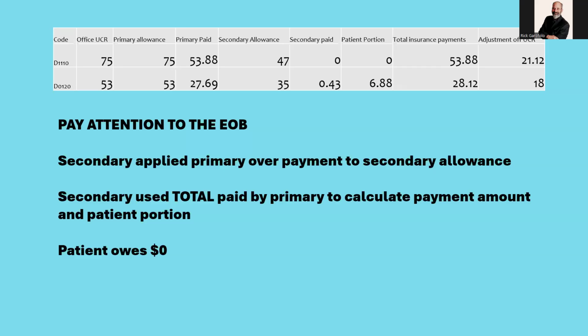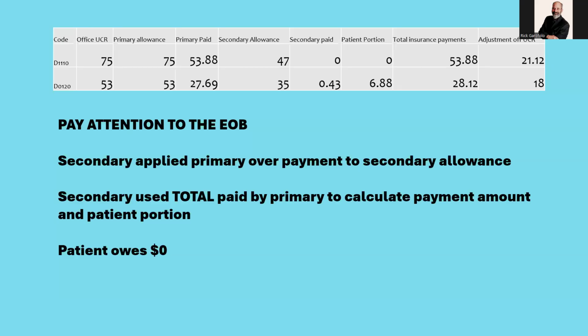than the secondary allows. Here we see for the exam, our office UCR is 53. Again, the primary allowance is 53, that matches our UCR because we're out of network. However, the secondary allowance is $35. So now the secondary in this case, that's what they paid that 43 cents towards. They paid the 43 cents towards that exam,